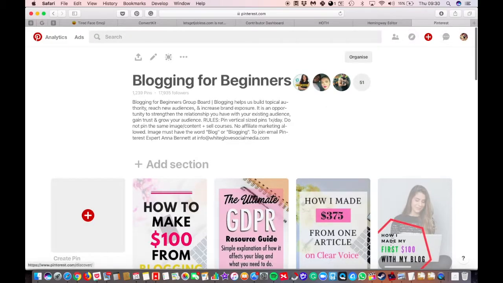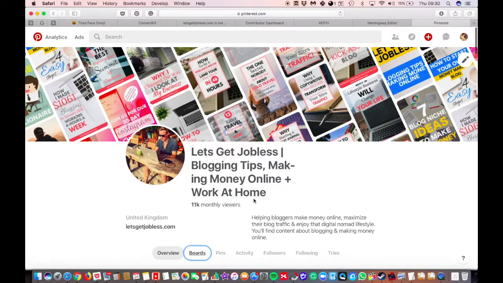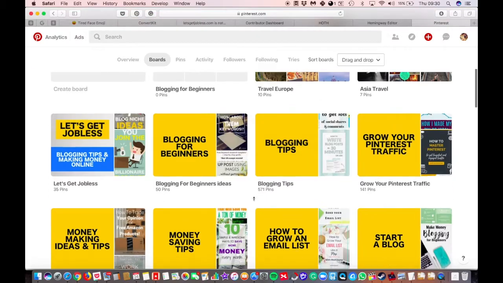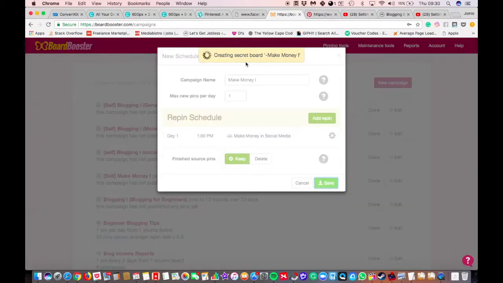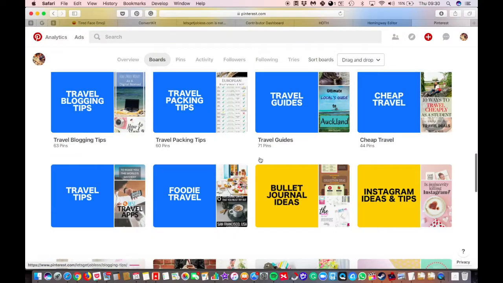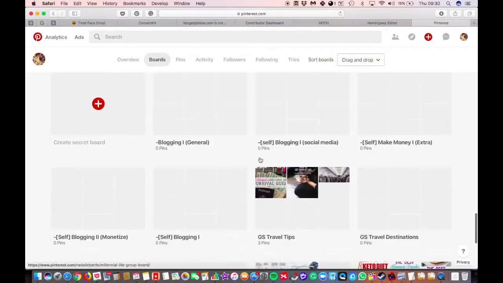If I can get Pinterest to load. Let's try this one. Okay. So in the Pinterest profile, under boards, what Boardboosters is doing right now is creating a secret board called Make Money 1. So if we go down to our secret boards, you can see Boardboosters has already made a couple of secret boards